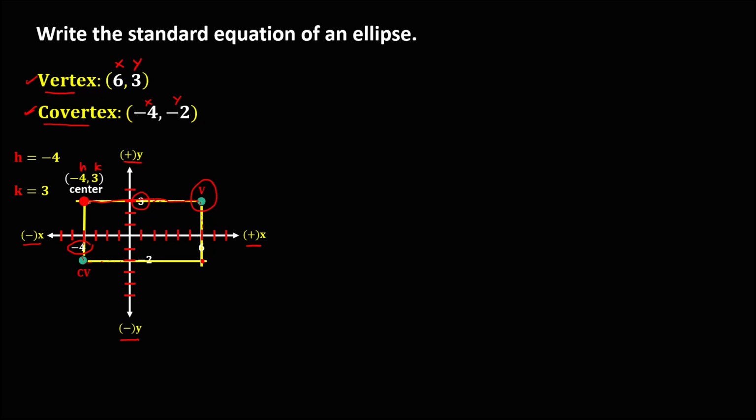Then observe, since the vertex is in a horizontal position, this ellipse is a horizontal ellipse, and this is now the formula for the horizontal ellipse. So we have (x minus h) squared over a squared plus (y minus k) squared over b squared equals 1. Then since we now have the values for h and k, we need to find the values for a